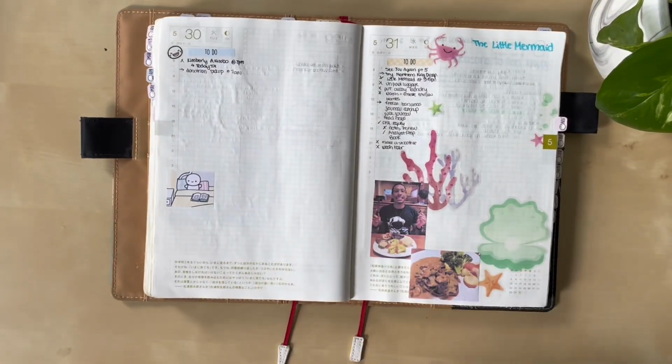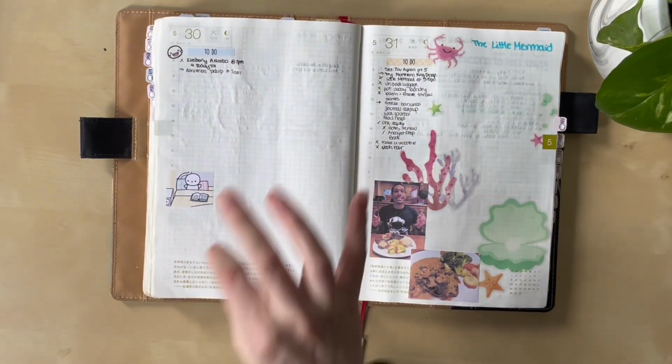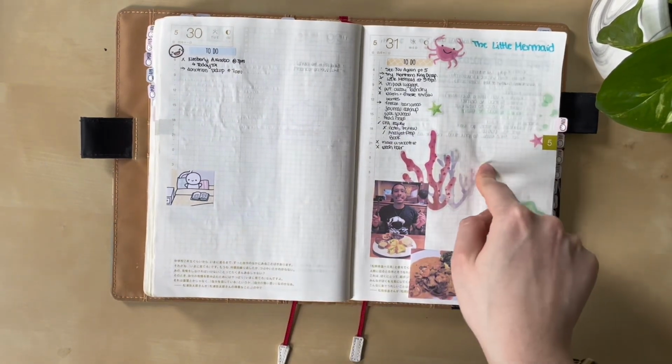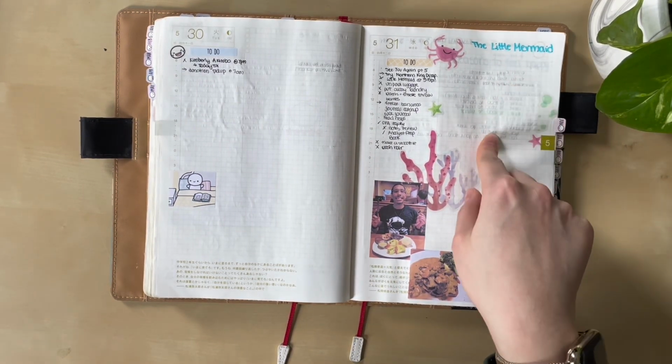And then on Tuesday, after work, I went to see Kimberly Akimbo. I did not journal about it, but the show was very, very good. I would recommend. And then the next day, my boyfriend and I went to see The Little Mermaid after work, and then